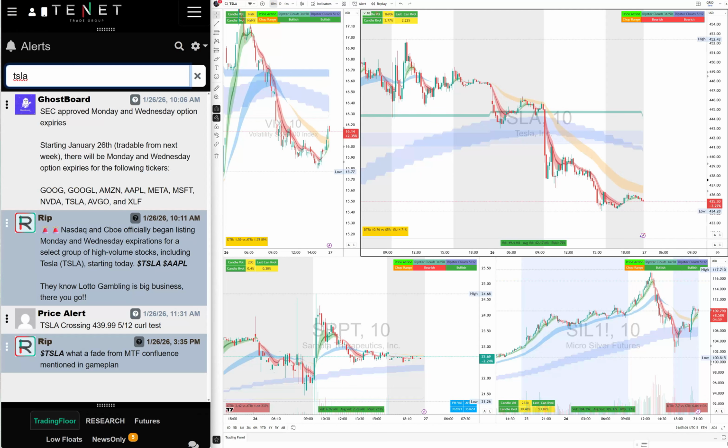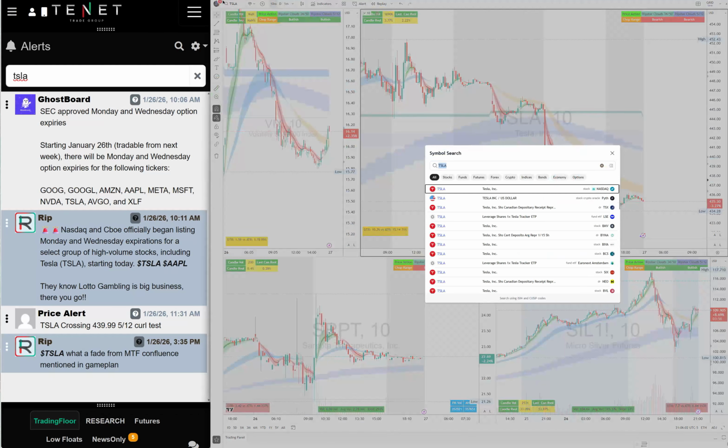You can watch the playlist, Tesla Trade for Living. So Ripster Clouds will tell you what is a long setup and what is a short setup, or what is the setup you need to leave. So you see the Tesla was trading under all the MTF clouds, the confluence that I mentioned in the pre-market. So you do not touch it long, because if you touch it long, you most probably are going to lose money there.